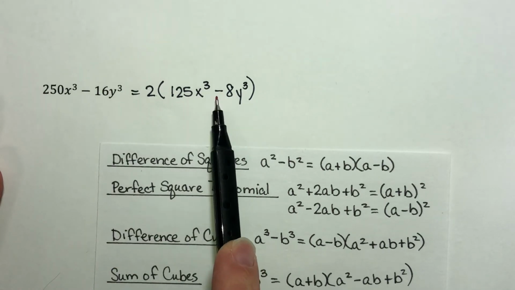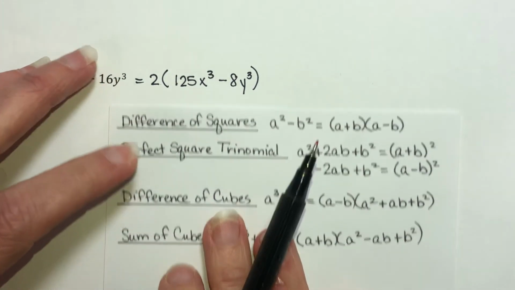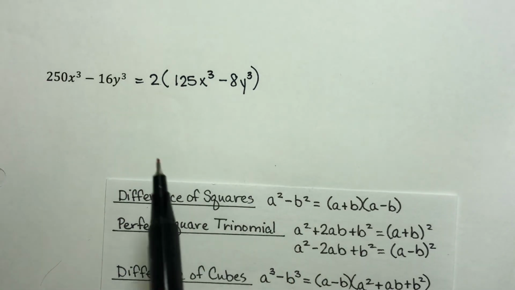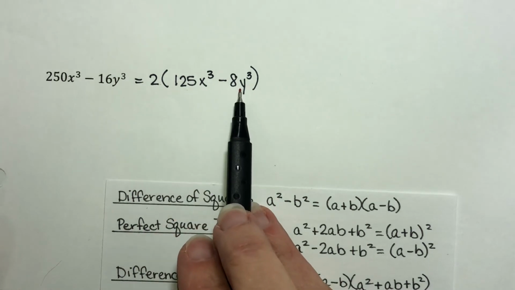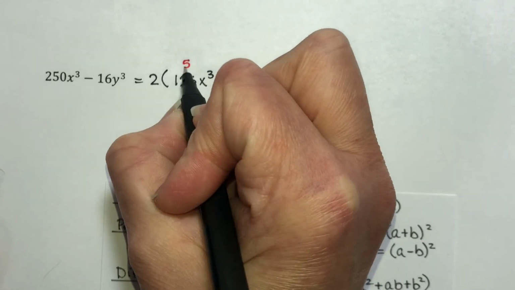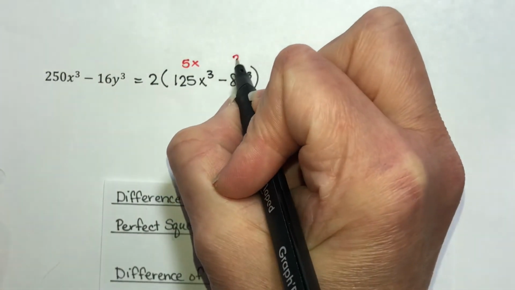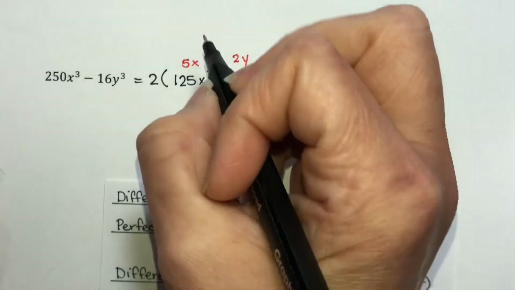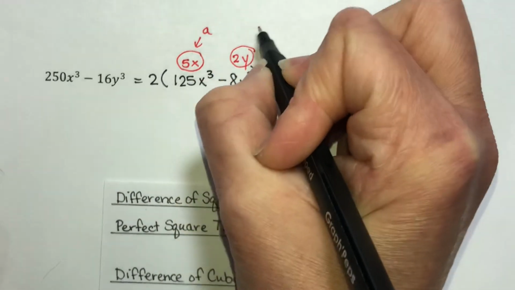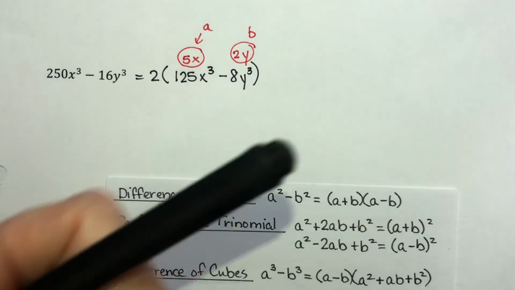I have two terms with a minus sign, so I'm hoping it's either a difference of cubes or a difference of squares. Now, x cubed, y cubed, definitely not perfect squares. I need to check if 125 and 8 are perfect cubes, and they are. The cube root of 125x cubed would be 5x. The cube root of 8y cubed would be 2y. So when I'm using my formula, all of this is going to be a, and all of this is going to be b. We cannot lose the 2, it just travels down with us. So bring down that 2